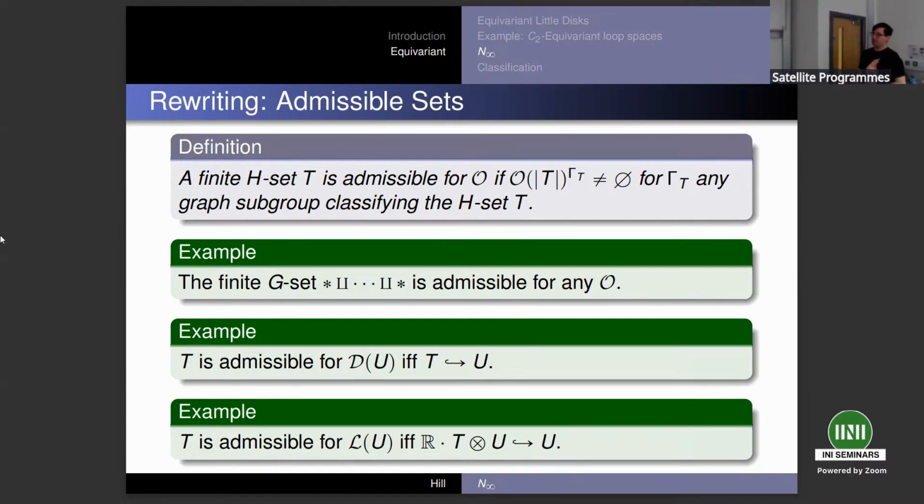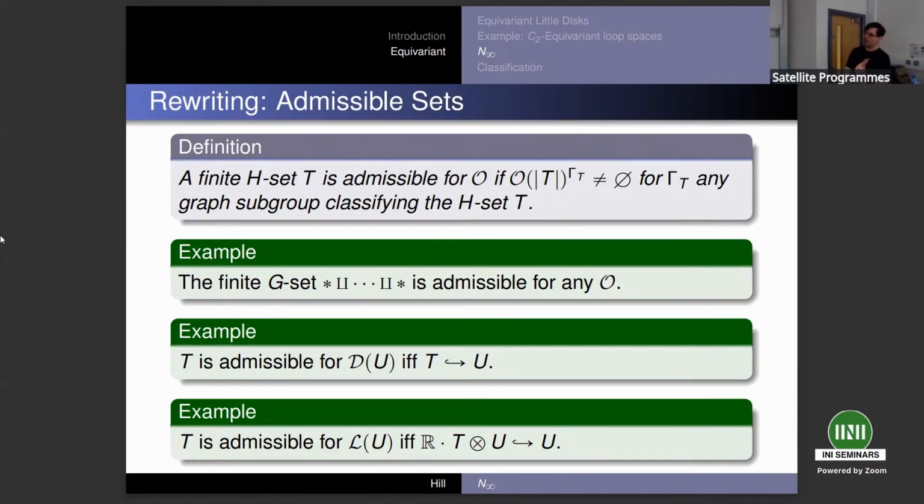And then some examples that show up: the condition that G be in the family, the G fixed points always be contractible. That corresponds to the homomorphism from G into Sigma n that took G to a point. And that is the homomorphism that classifies the trivial action on the n-point set. So for any n, however many copies I had there, that's always an admissible thing.